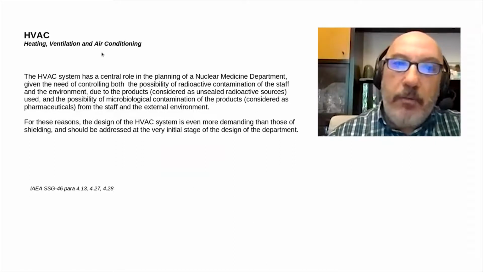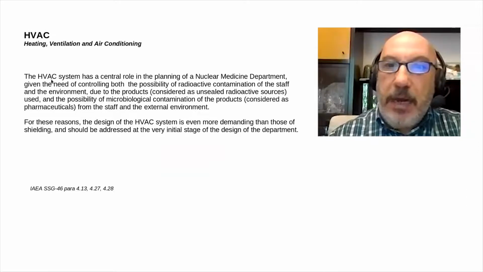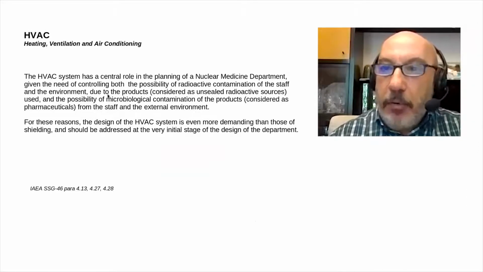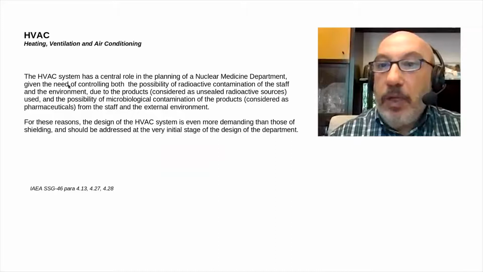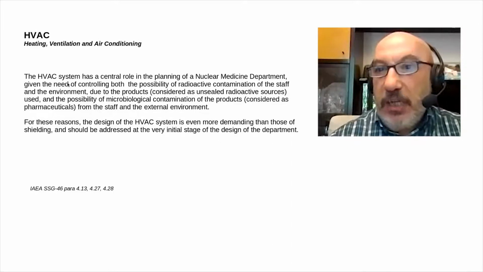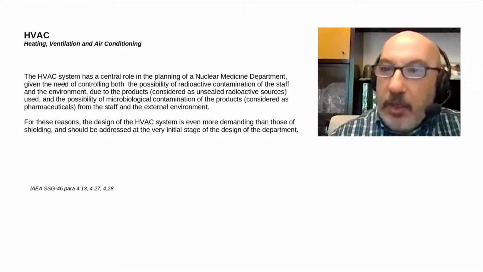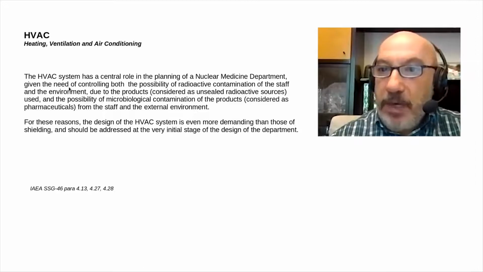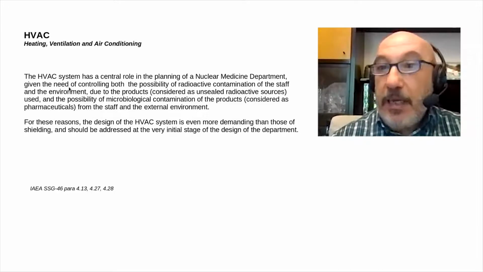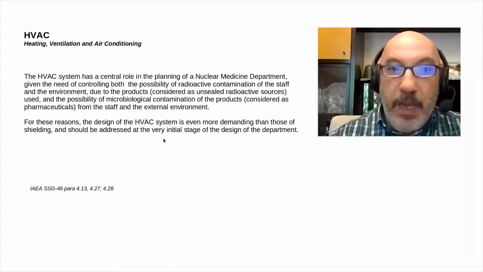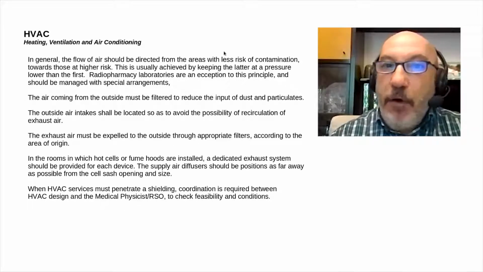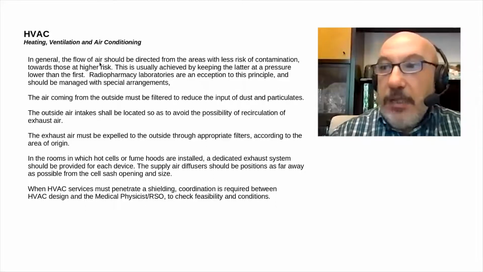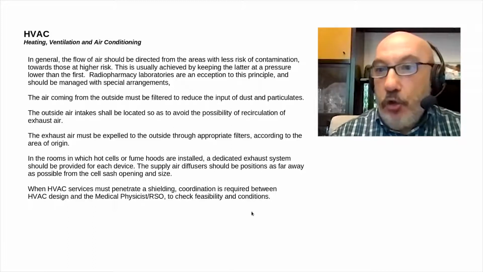It is important to remember that the ventilation system in a nuclear medicine department is as important as shielding, if not even more. It is always possible during the life of a department to change the shielding, to improve it, to add some further shielding without major problem. But if the ventilation system has not been conceived and designed properly in the beginning, this is really a major issue. The ventilation system should avoid any air recirculation. The air in a nuclear medicine department is potentially contaminated, so any recirculation should be avoided.